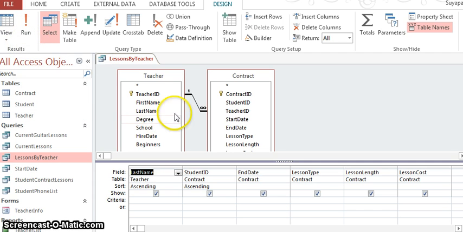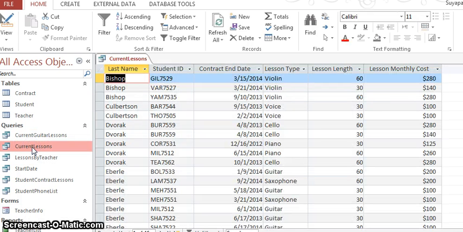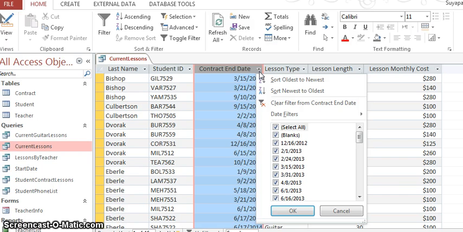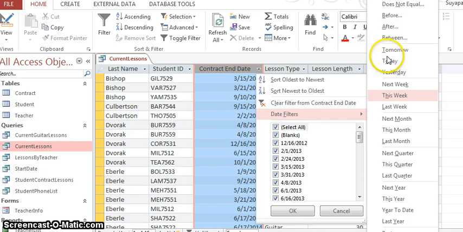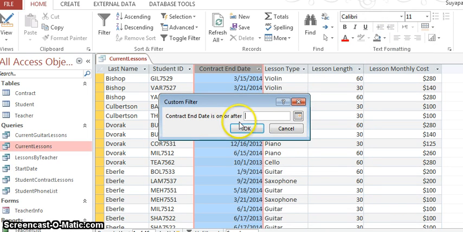After that, let me go ahead and close this. I went ahead and displayed the backstage view, saved it as current lessons, which is right here. This is the current lessons query, and I modified it to make sure that the contract date ended on or after 7/1/2013. The way that was done, I went to data, the filters, and I clicked on or after, and this is contract end date is on or after,